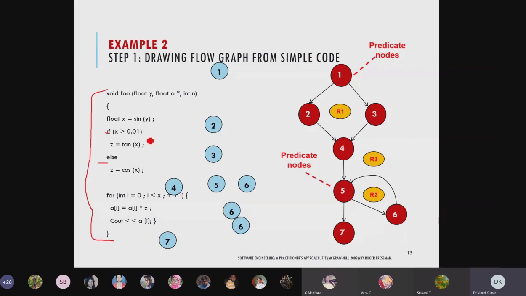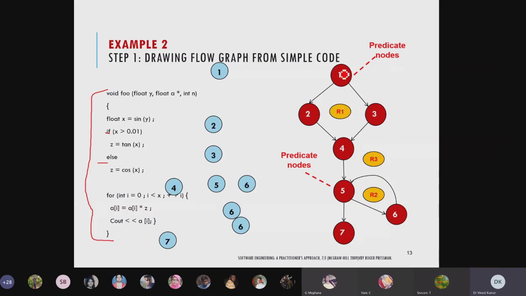Then we find these things. See how the test cases are designed: we have the source code, we convert it into the flow graph, and from the flow graph we can find how many test cases we have to carry out. So you can design the test cases.